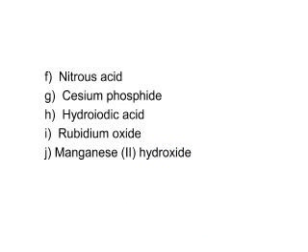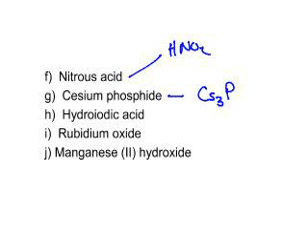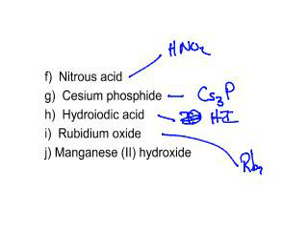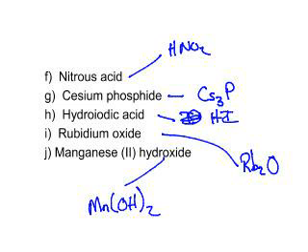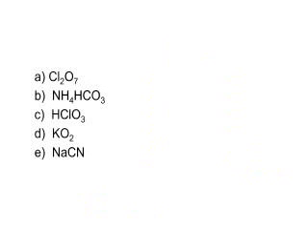Letter F, nitrous acid is HNO2. Cesium phosphide will be Cs3P. Hydroiodic acid, HI. Rubidium oxide will be Rb2O. And manganese hydroxide, manganese 2, will be Mn(OH)2. All right? And I'm just going through the answers. If you have questions, I'm not going to work them out too much. This has got 2 nonmetals, letter A. So this is going to be